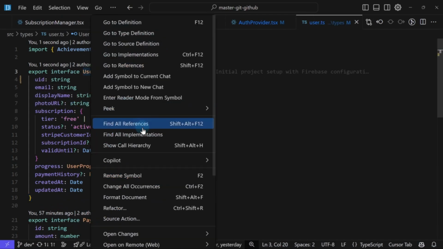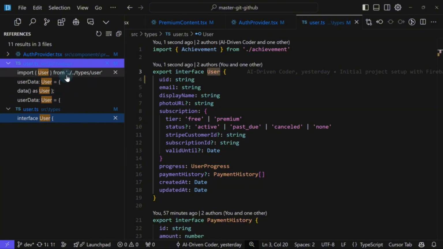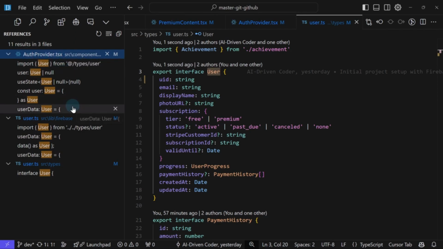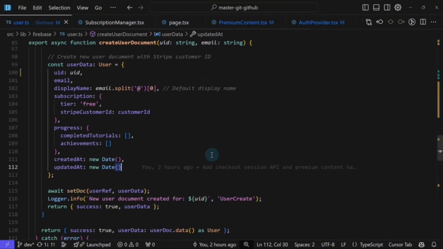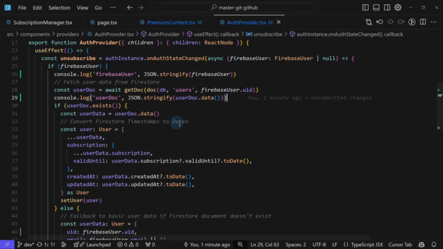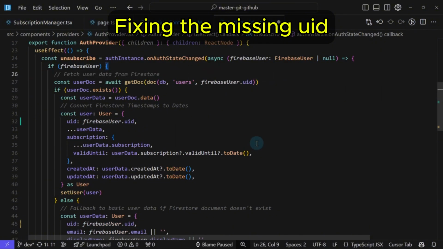Let's see which code uses this object. The user uses the TS from Firebase, and the auth provider also uses that. All right, so the UID here has been updated also. Okay, right. So maybe that will help us. That means we need to include it, using the Firebase user information. So we can remove this and we can remove this now also.